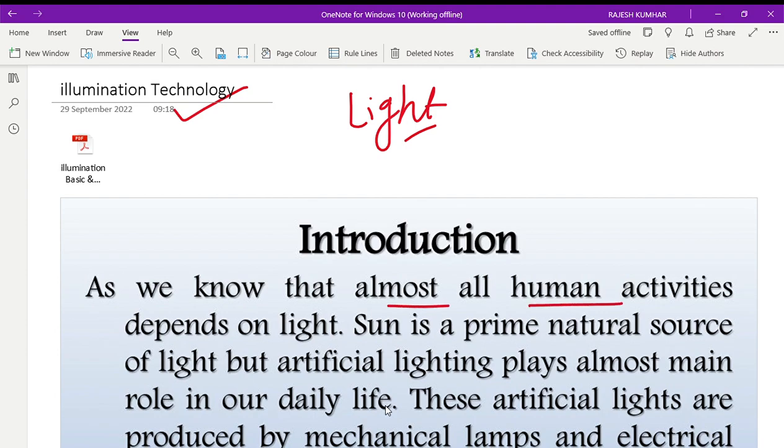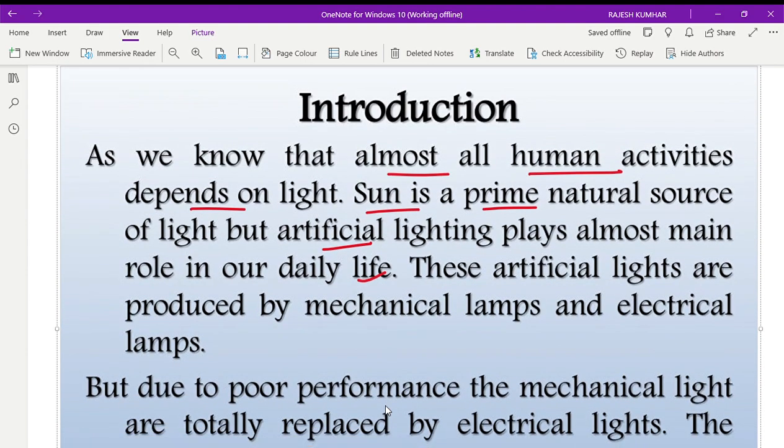Almost all human activities depend upon light. And the sun is the prime natural source of light, but in the absence of sunlight, or at night time, we also require light. At that time we use artificial lights, and artificial lights play almost the main role in our daily life. These artificial lights are produced by mechanical lamps or electrical lamps, but due to the poor performance of mechanical lamps we are using electrical lamps